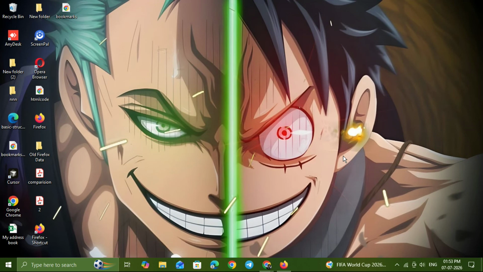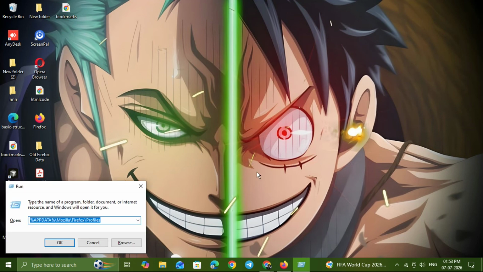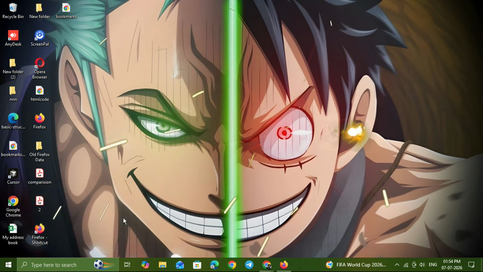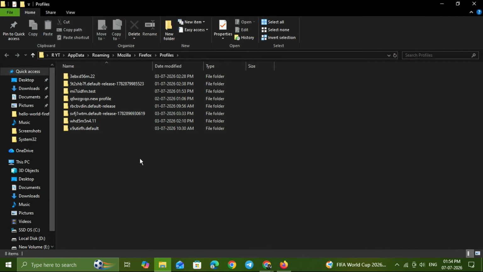Now press Windows and R on your keyboard at the same time to open the Run dialog. This is the fastest way to jump directly into the folder we need without manually browsing through File Explorer. In the Run box, type the following path exactly as shown: %appdata%\Mozilla\Firefox\Profiles. Then press Enter. This will take you straight to the Firefox Profiles folder, where Firefox stores all user profile data